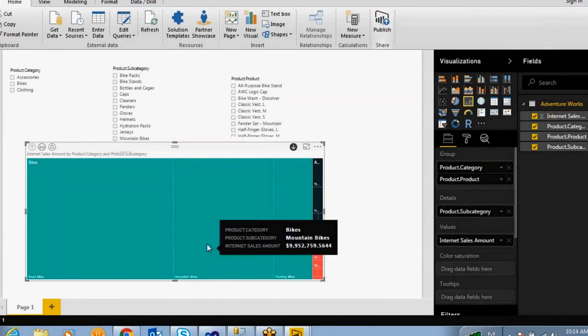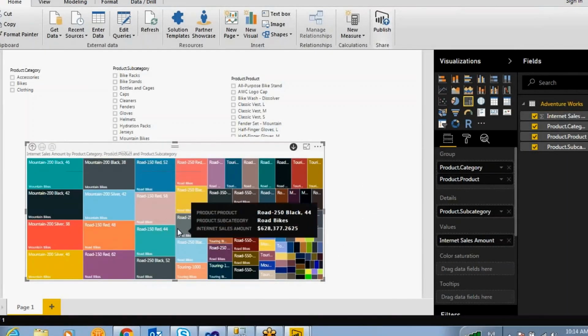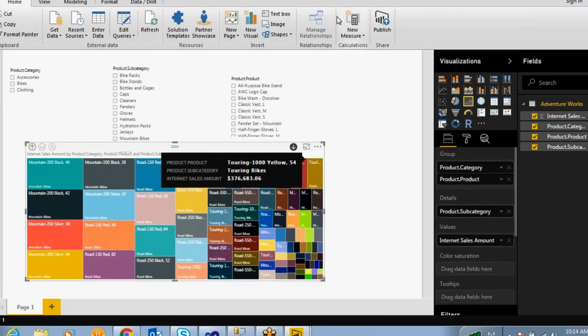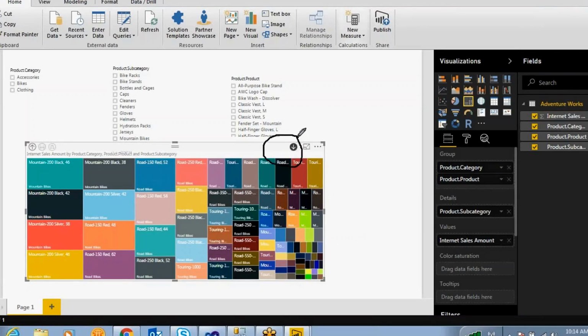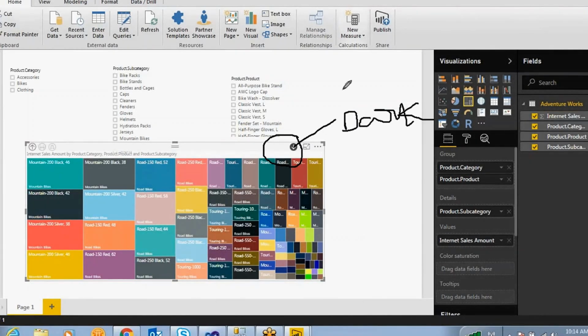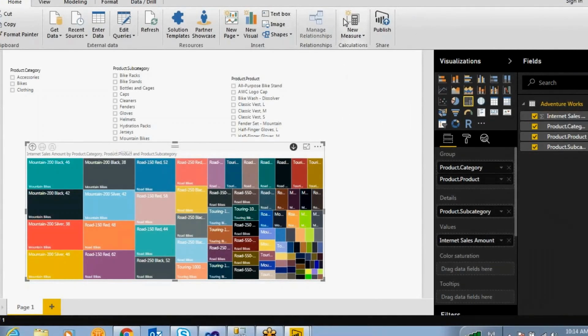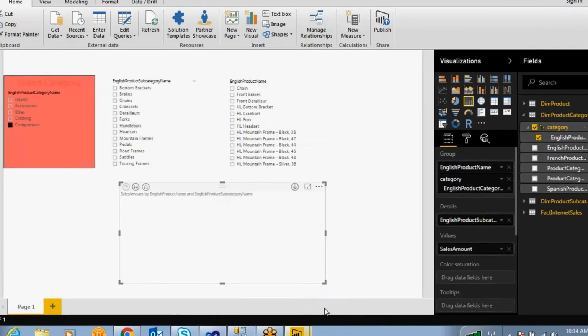If you are clicking on these mountain bikes, it will jump into all the products you have under that particular subcategory. So you have to enable this option. If it is dark, then that means the drill down property is enabled. One thing you have to remember is the category, subcategory and product, there should be a hierarchy. When you are creating in SSAS cube, if SSAS cube is your data source, then obviously we are creating hierarchies. But if you are using any SQL server related things, you have to create the hierarchies over here.